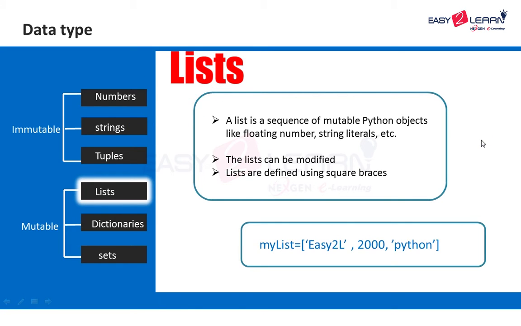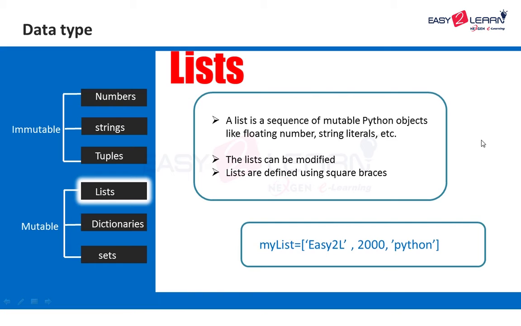In the last session we discussed the tuples data type, and now in this session we are going to discuss lists. Now you will have heard about lists a lot, but again, as I mentioned earlier, a list is basically a collection of various numbers, strings, literals and so forth. So you can look at the examples here.